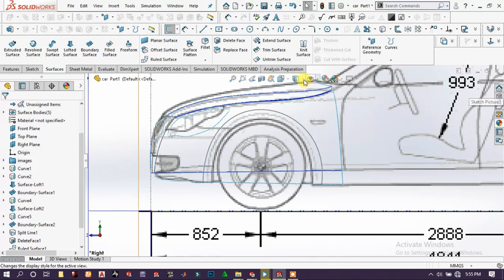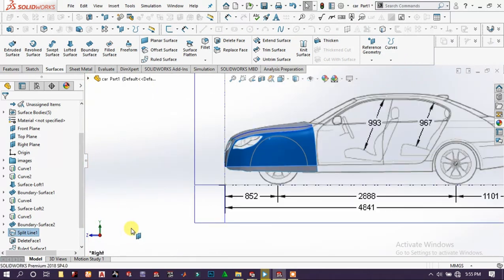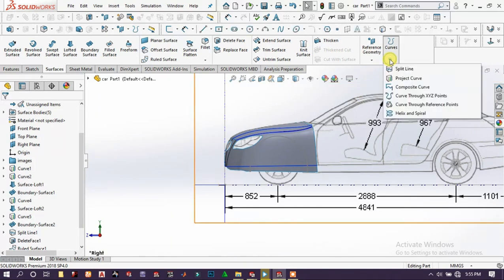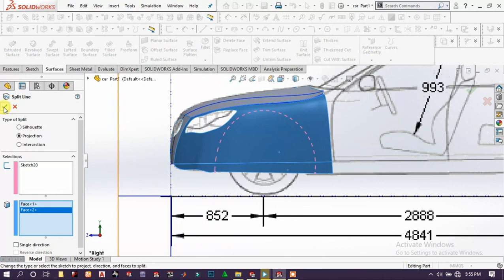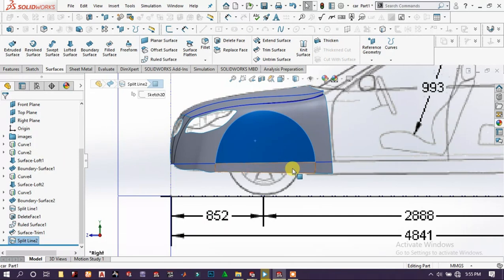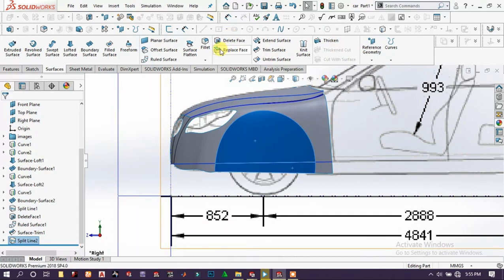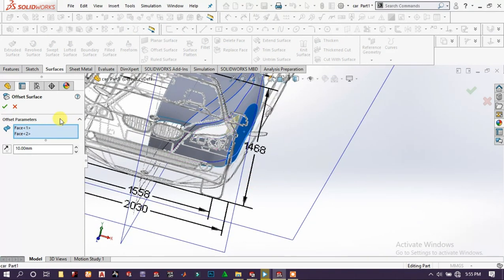Exit the sketch. Back to wireframe, solid edge. Then choose this line and go to curves and split curve. Choose this line, this surface and this surface, then click OK. It will project that line on this surface, and we choose both of the surfaces and offset those surfaces around 4 millimeter in opposite direction. Choose OK,